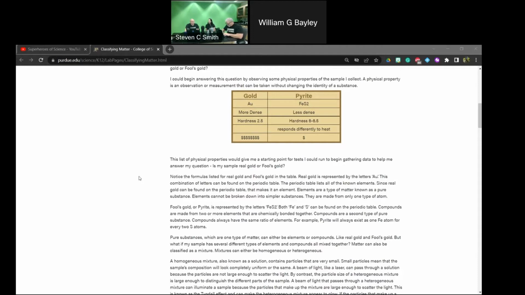Compounds always, like we said, have the same ratio of elements. If we were comparing pyrite to gold, it would be one atom of iron to two atoms of sulfur, always in that ratio.